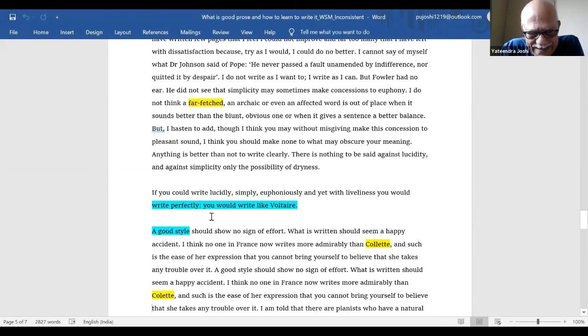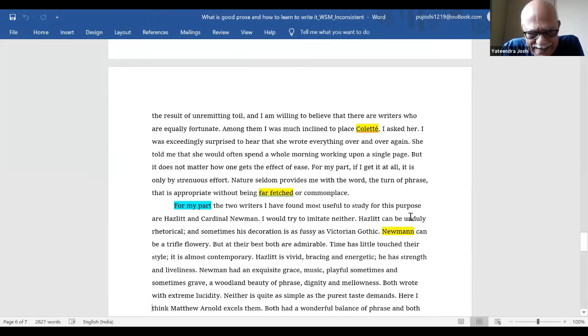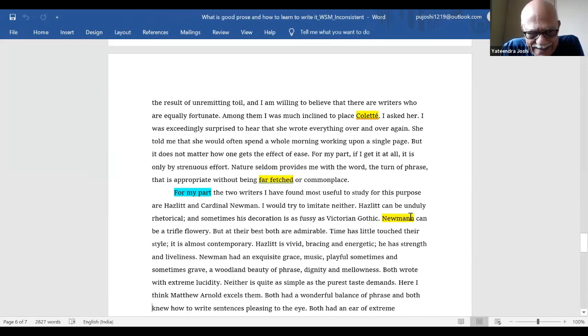Then the French author's name has a diacritical mark, whereas others don't. Here, far-fetched is without a hyphen. And this new para is signaled with the first line indent. Even Newman, Cardinal Newman, actually it's only one N. I had inserted one more N, so it didn't catch. And this was a separate para.